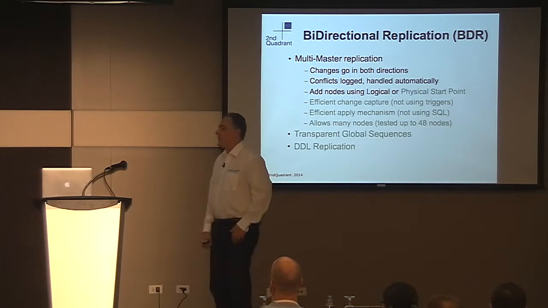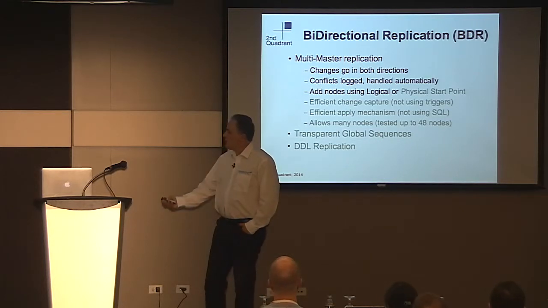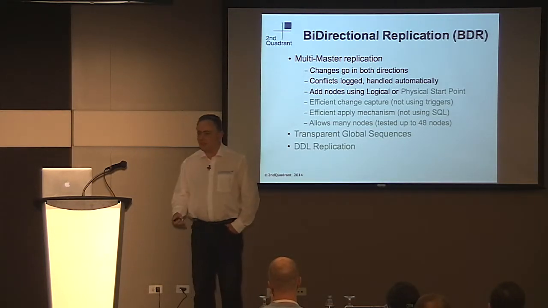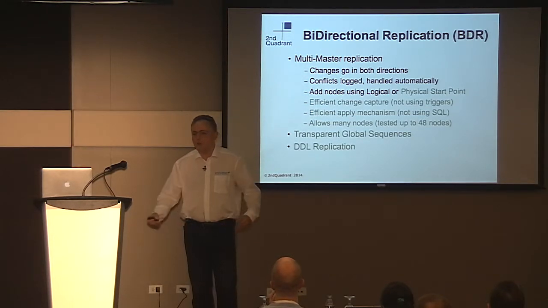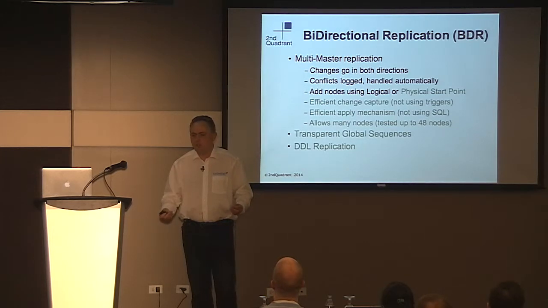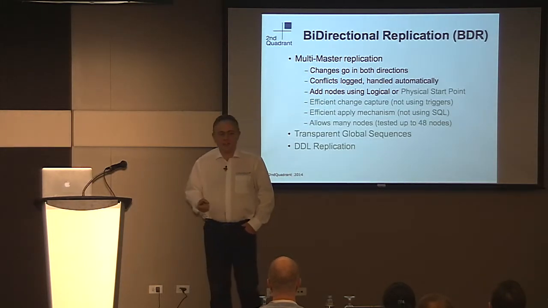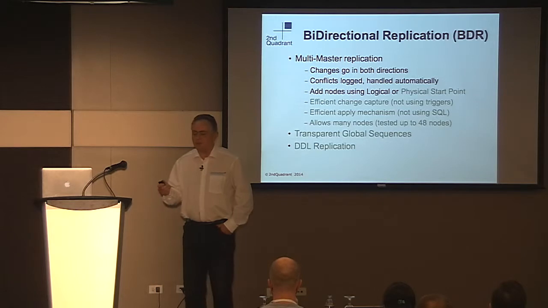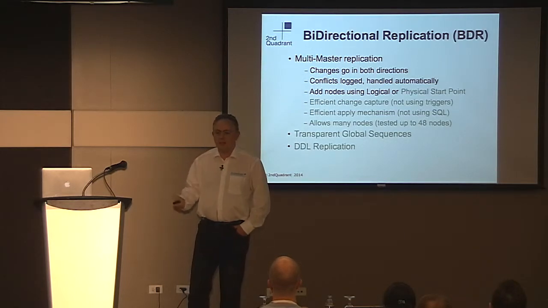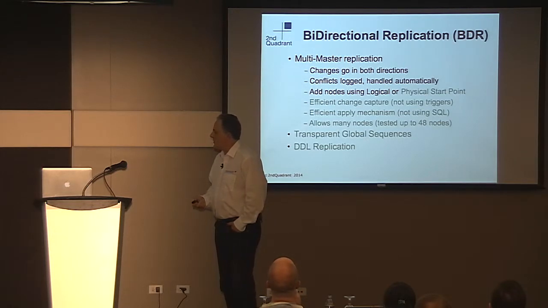You're right in the middle of BDR. Okay, so basically, what can we do with BDR? Well, the current system that we've built, you can have up to 48 nodes, all working together, all sending their changes in different directions. Okay, why 48? Well, we just kind of ran out of money trying to test it. We figure it goes a little higher than that, but whoever's got a requirement for more than 48 nodes can probably pay for the test. So we tested it up to 48 nodes, works just fine.